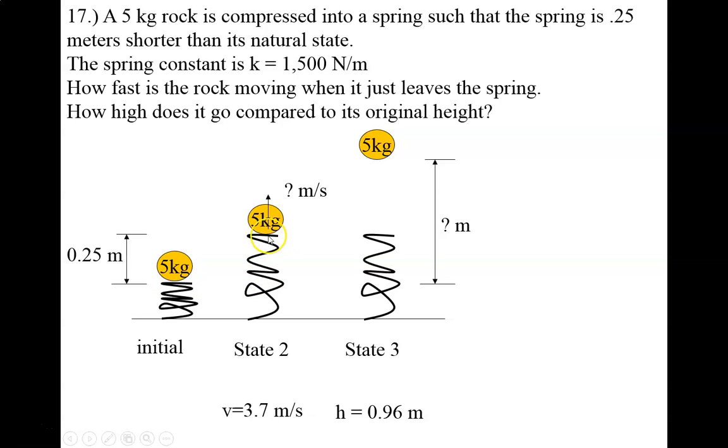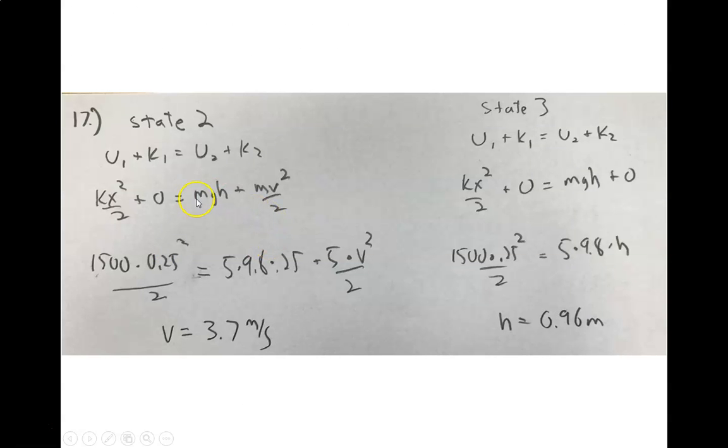Now when it's in this state, does it have any spring energy? No, because the spring is uncompressed. Will it have any gravitational potential energy? Yes, because it's now elevated above where it started. Will it have any kinetic energy? I think it'll be moving. So going back to our equation, our initial state, we said we had spring energy, kx squared over 2, plus my initial kinetic energy was 0. And we said in that final state we will have some height energy, some gravitational potential energy, and then it'll be moving. So we've got that.